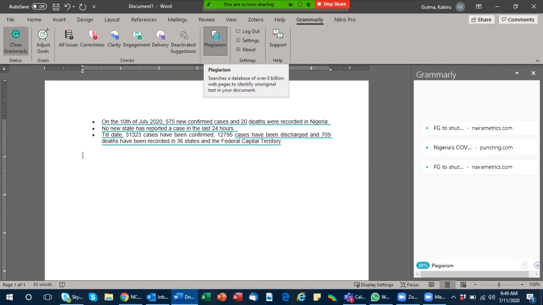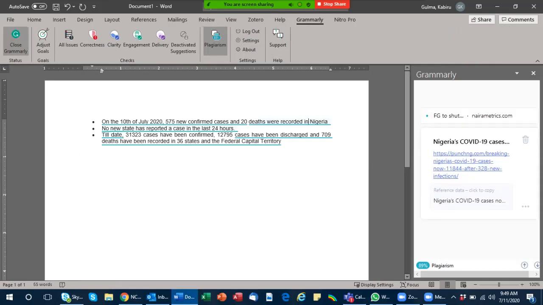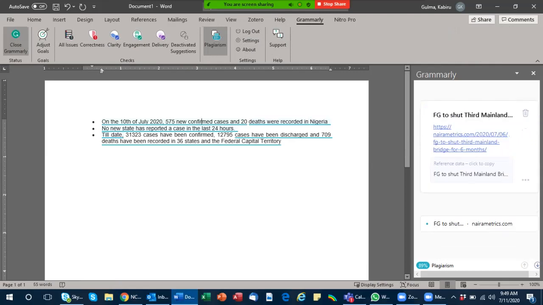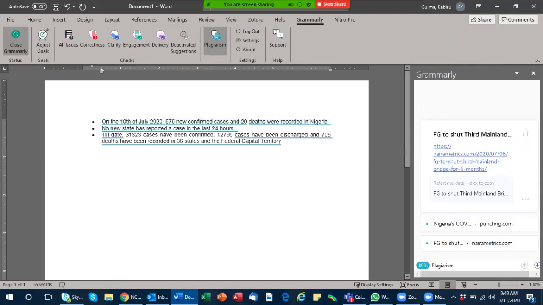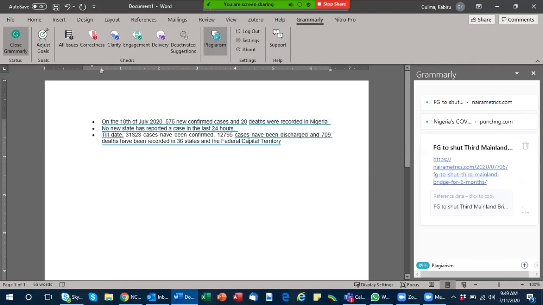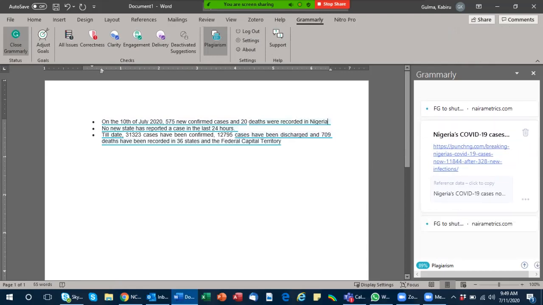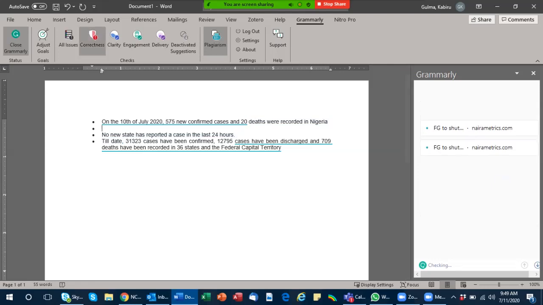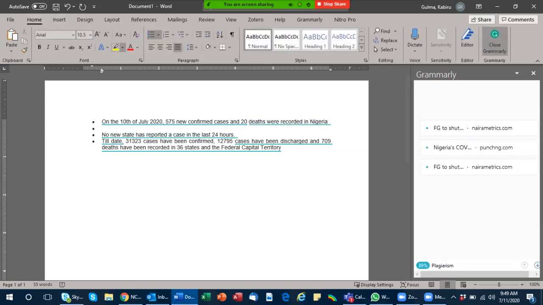You can see that my plagiarism check is on already. And from what I can see, we have 89% plagiarism. If you click on any one of them, you'll see the sources from where those sentences were initially copied, not really from where we copied them from. So this is what we copied, in black. Let's try to rewrite them in red ink to differentiate from what we copied, and let's see if the software will pick it up as